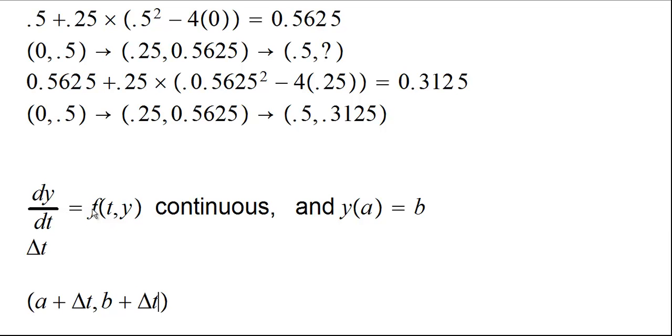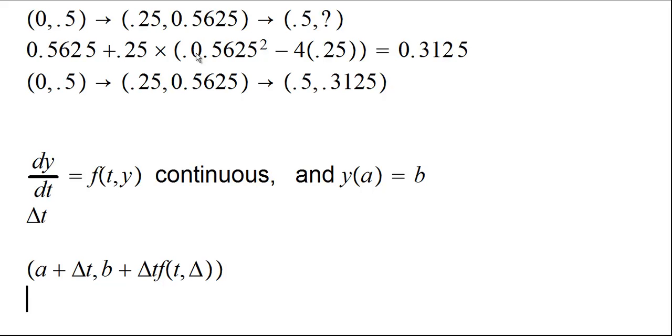Times what? F, this value, the slope that we have at what? T plus delta t, right? Isn't that what we just did over here in our calculations? 0.5 plus 0.25, which was delta t, and then we just substituted that value in order to get this pair, right? And then for the next one down the line, see, notice this first, that I could abbreviate it as this,